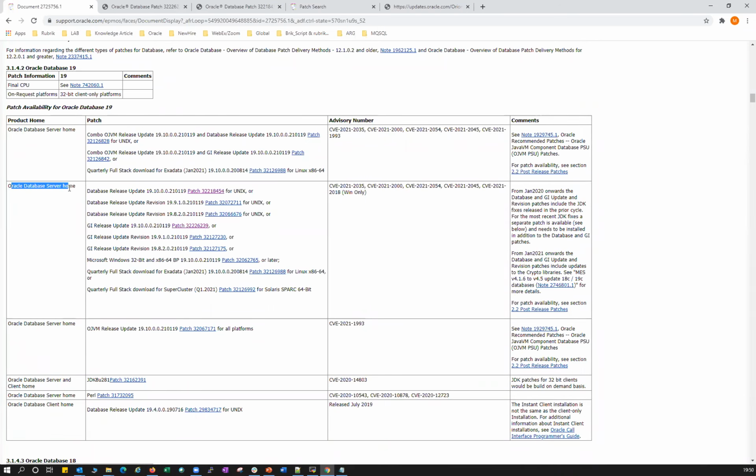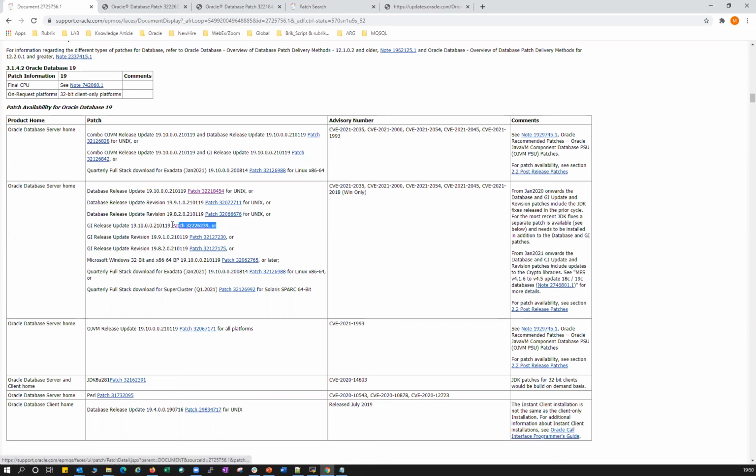And here, this is just the GI and DB home patch. Database release update 19.10 is the one you have to use if you are planning to patch only Oracle home. And this GI release update is for the GI patch; if you are planning to patch your GI, you can download this 19.10.